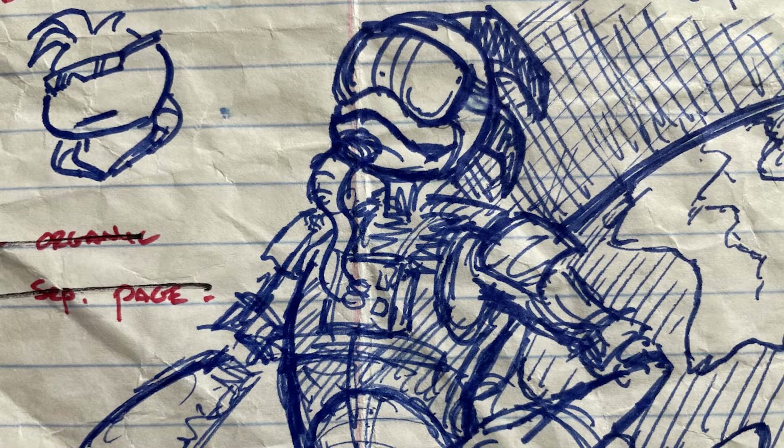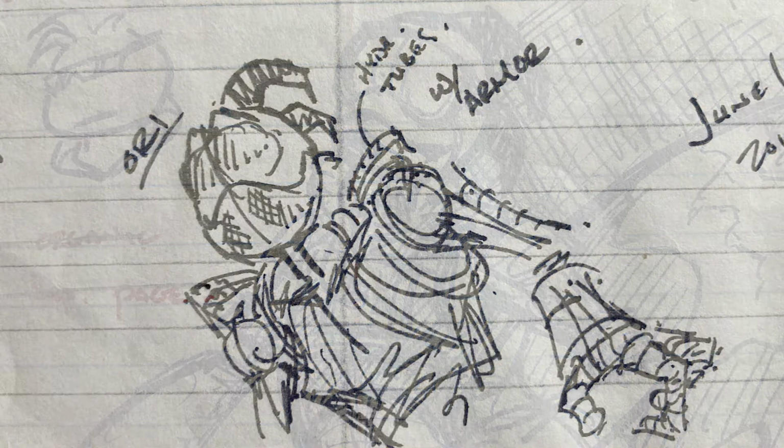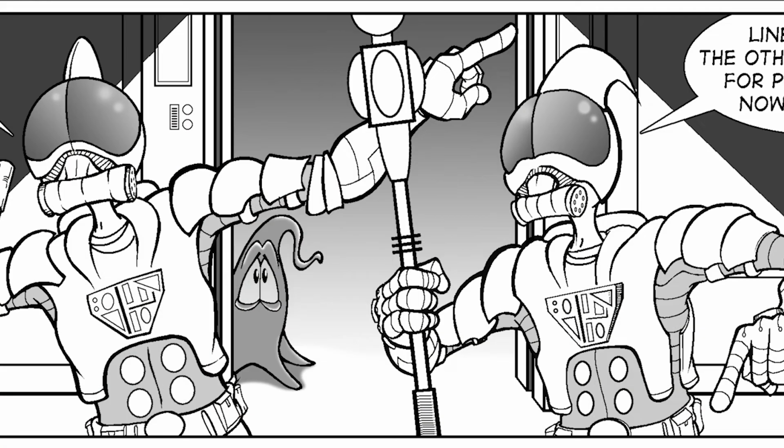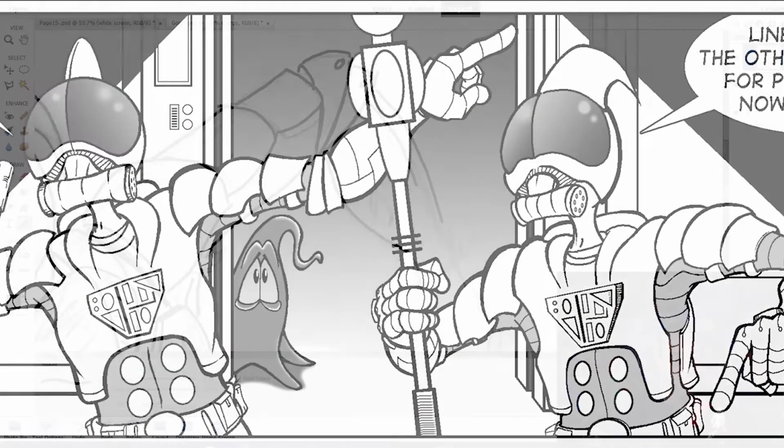So here are some early sketches of what the Ori were looking like as I was going through the design process with them. And then once I introduced them in issue 6, here's the final design of what they ended up looking like. And this will be the premise of what the final design of the captain will look like